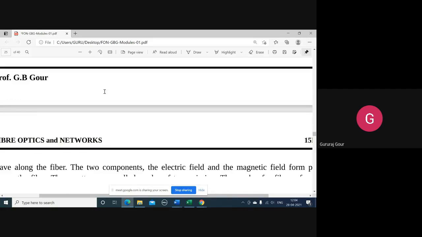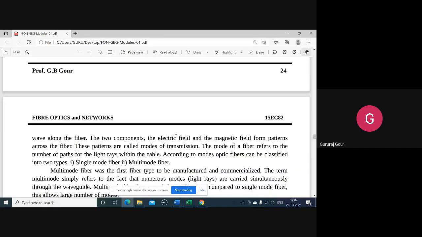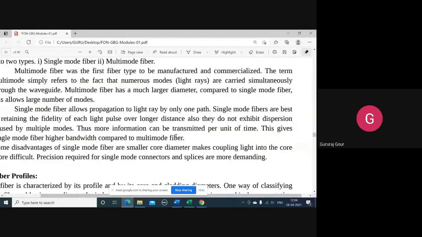So next, we are going to see this one. So what do modes mean? Roughly, I have discussed in some of the previous classes that it indicates the number of rays you are transmitting. That is not actually the correct definition to relate with the mode. Now we are going to transmit our information, that is an electromagnetic wave, modulated by the optical photons. That is actually what we are going to call an intensity modulated wave.